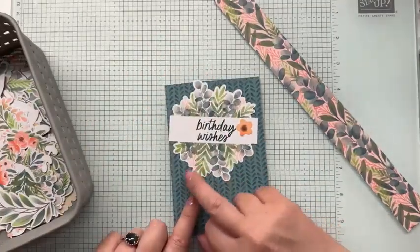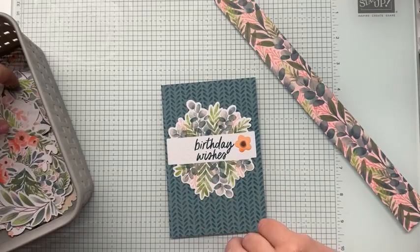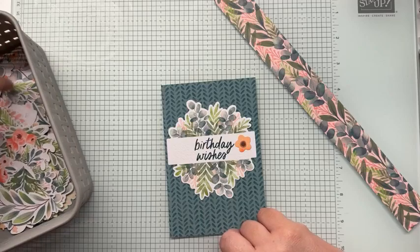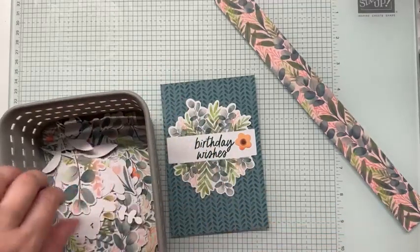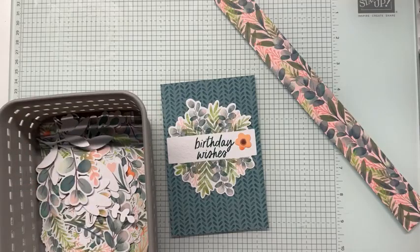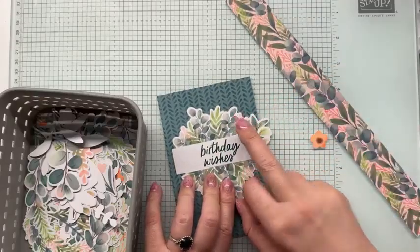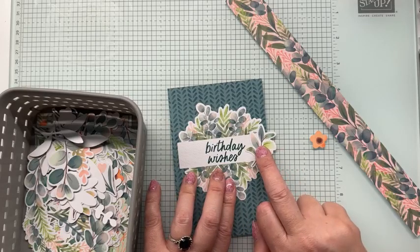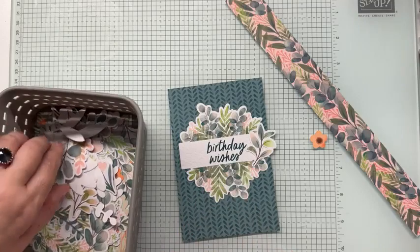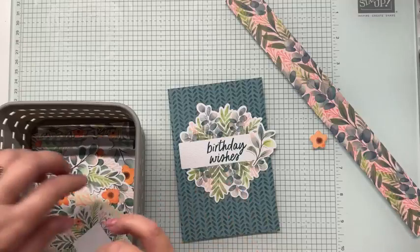Okay, so I've got lots of little flowers in here, but they are very pumpkin, and I've got more of the petal pink in here than what I do of the pretty peacock. So I'm just having a flick through, so I'm going back to this piece that we tried on the last card. It blends in nicely. It does blend in, but do we want it to blend in, or do I just want to add